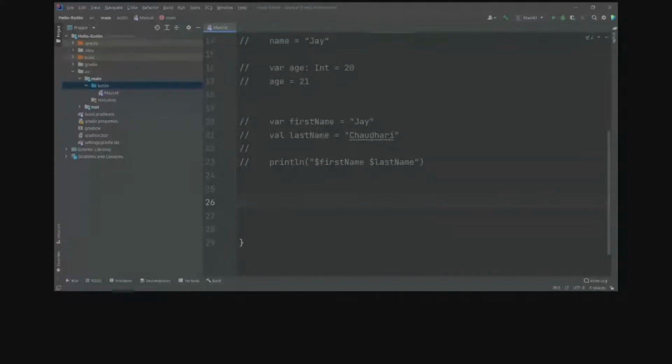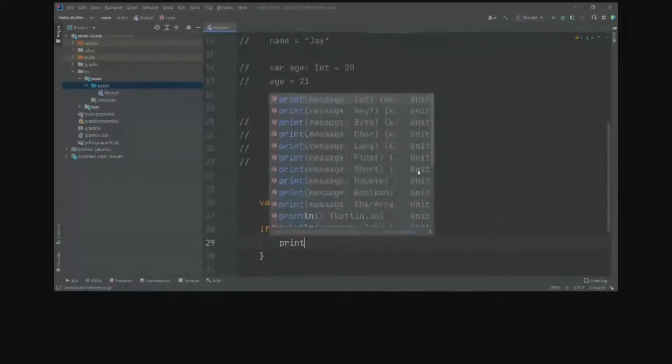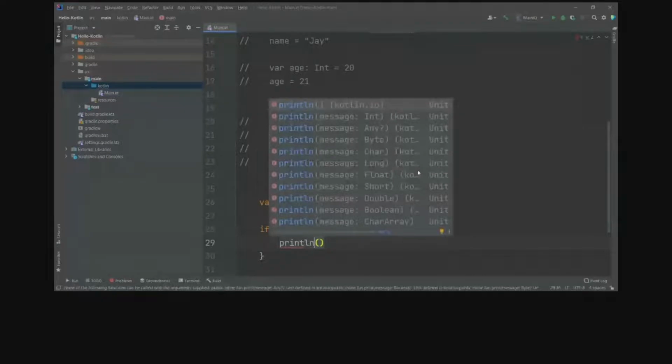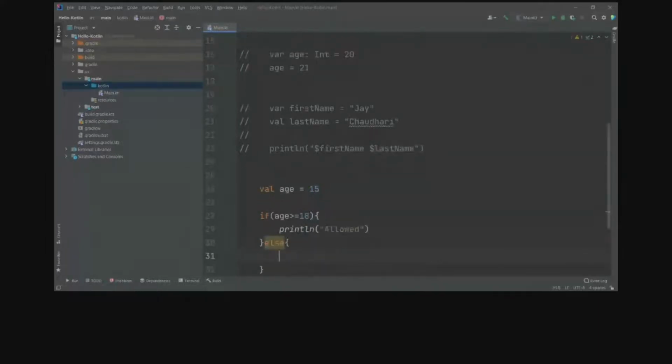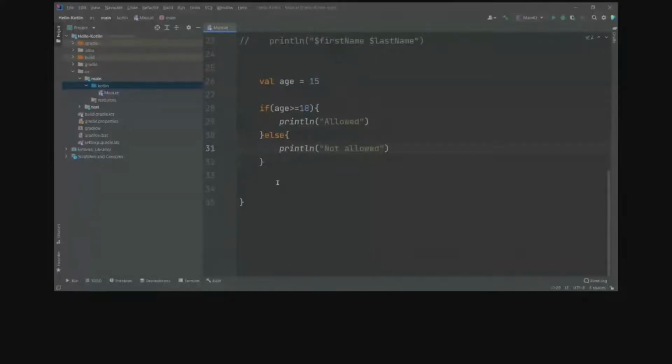So I'll say val age is equal to, suppose, 15, and I say if age is greater than or equal to 18, then allow the person. Else, not allowed. As you can guess, there's no difference in the if else statement.